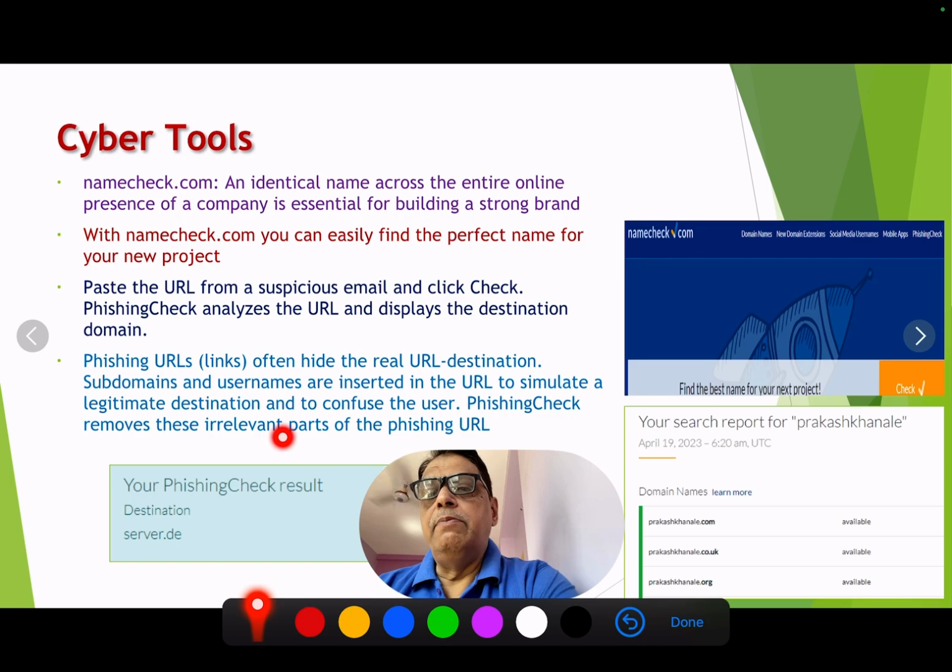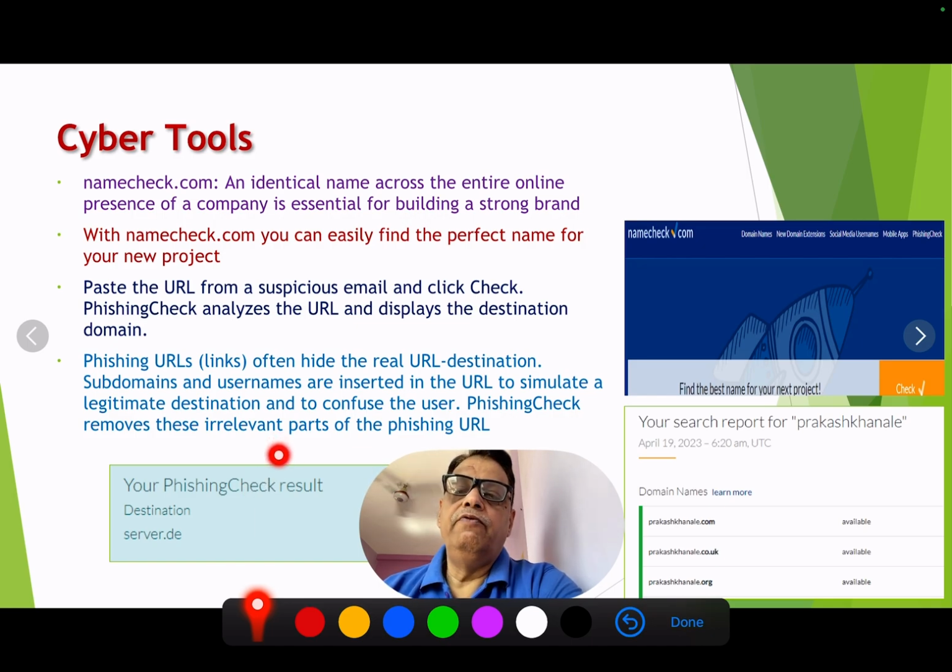to these names. So say for example, if you have any doubt about a particular link, then you can enter the link on the same website, and the result will remove the unwanted part of the phishing link, and it will give you the destination server. So the phishing check result will not tell you whether it is a phishing link or not, but instead it will give you the server, and then you have to check whether it is an appropriate server or not